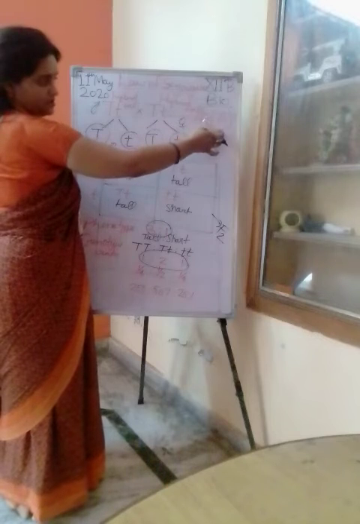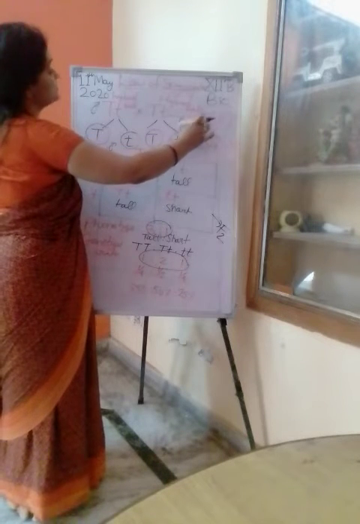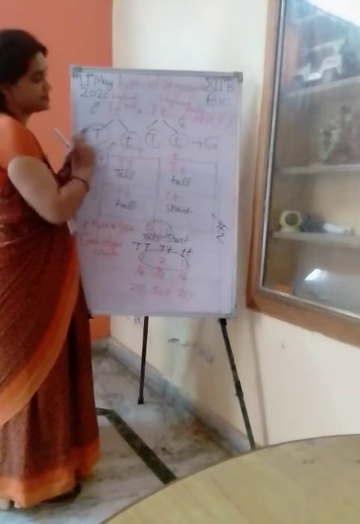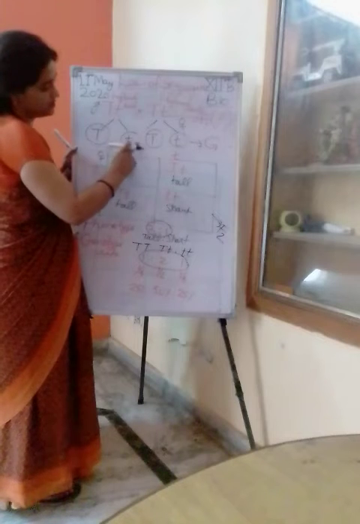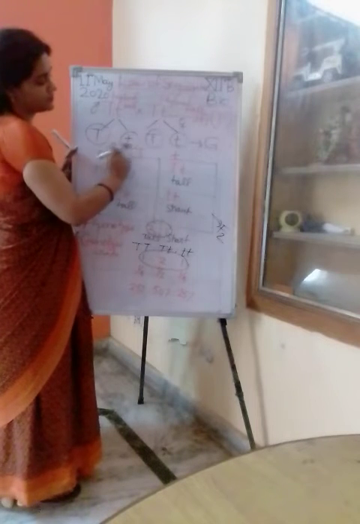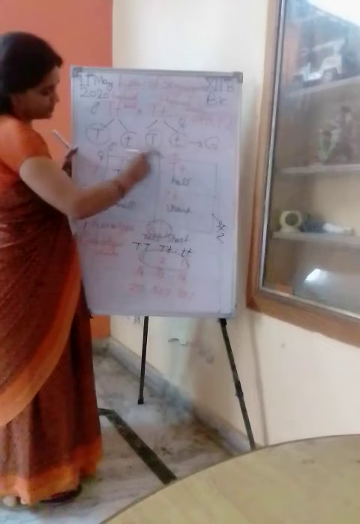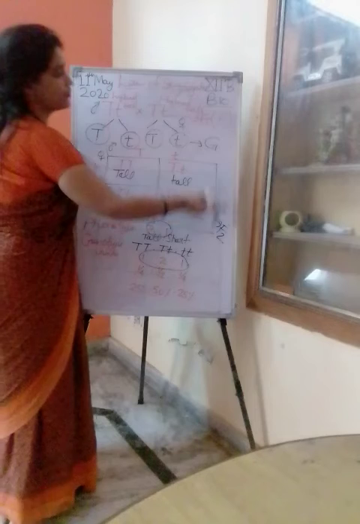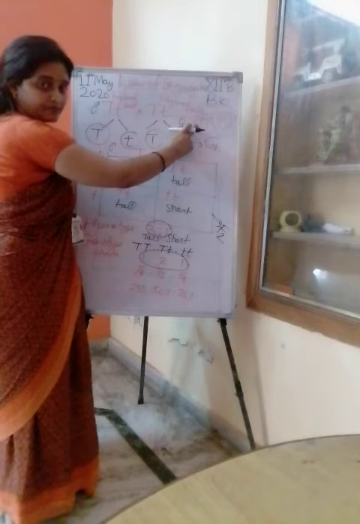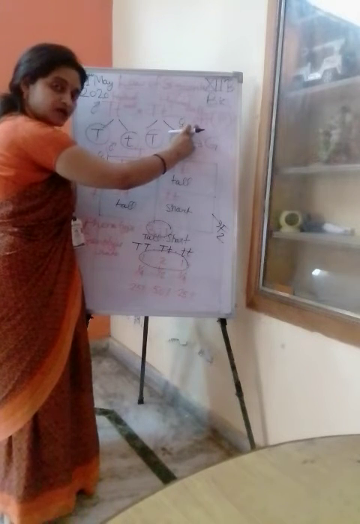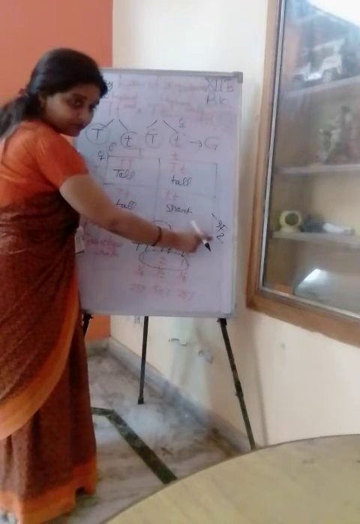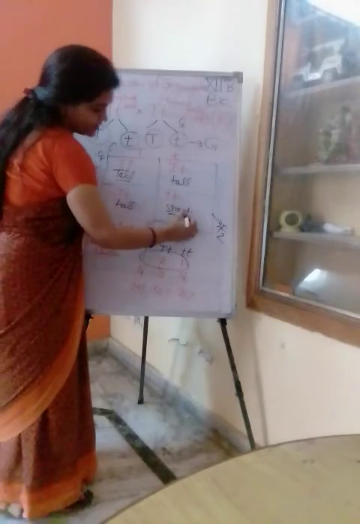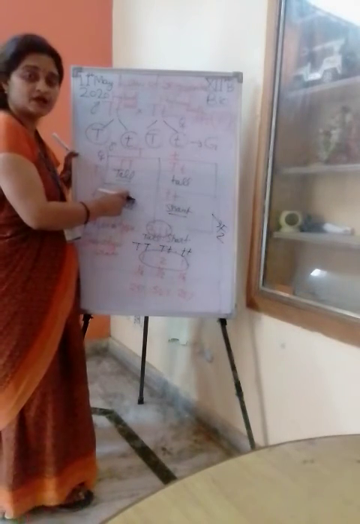F1 is the parents of the law of segregation, and we cross two hybrids. That is, we will get 4 gametes, and we will cross 2 gametes, capital T small t, capital T small t. What will we get in the F2 generation from the parents? Parents are heterozygous, and we will get an F2 generation with some homozygous tall and short, and some heterozygous alleles.